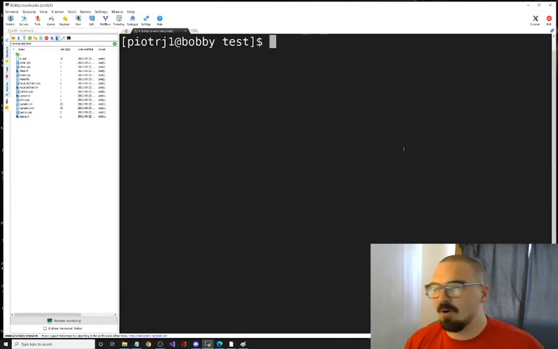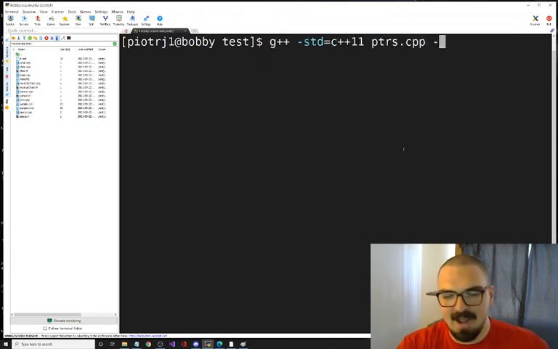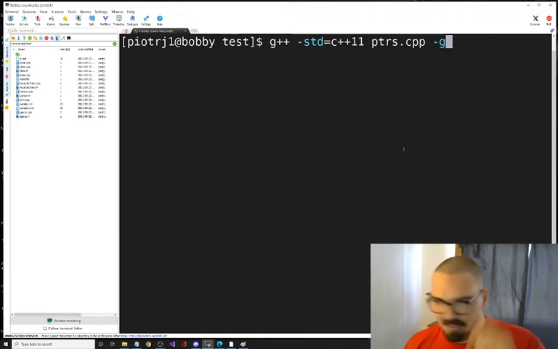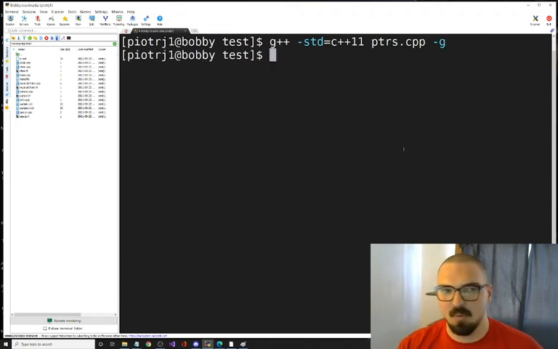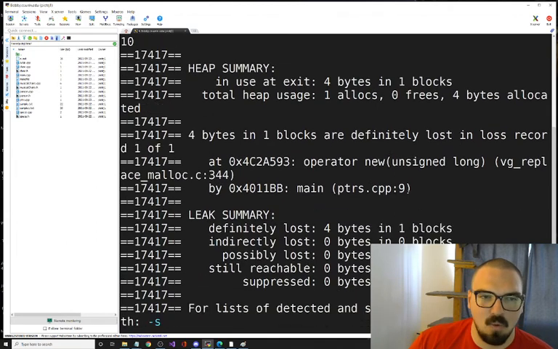And what I want valgrind to do is tell me where my problem is. Well, the first thing I need to do is compile with a -g. This puts in debug symbols. This will tell me the line numbers that we're working with. -g. And now when I run valgrind, you will see